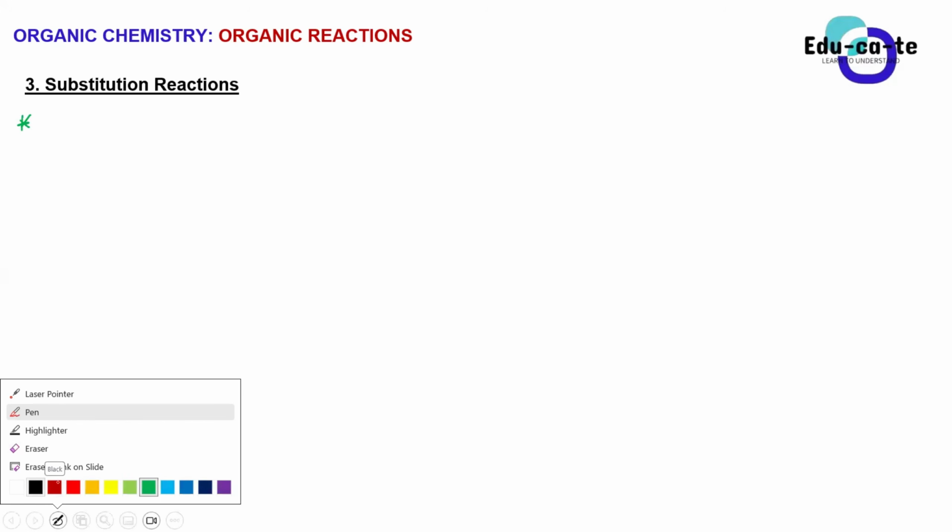For example, let's just start with the first one. Okay, substitution reaction, guys, it can happen on alkanes. Can it happen on alkanes? I'm not sure. I think it's haloalkanes. We'll see when we do the reactions, but I think it can happen on haloalkanes. Yeah, it can happen on alkanes. It can happen on alcohols. It can still happen also on haloalkanes as well. So all of these compounds, they can undergo these substitution reactions.